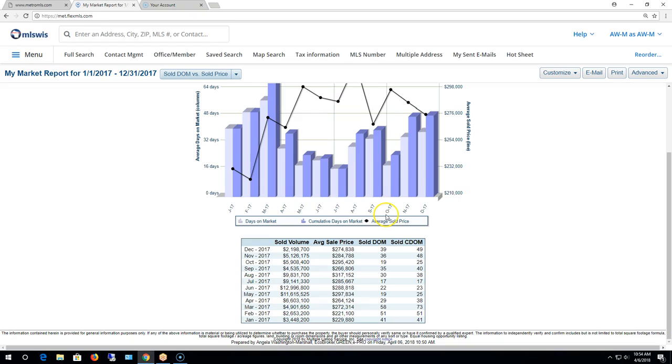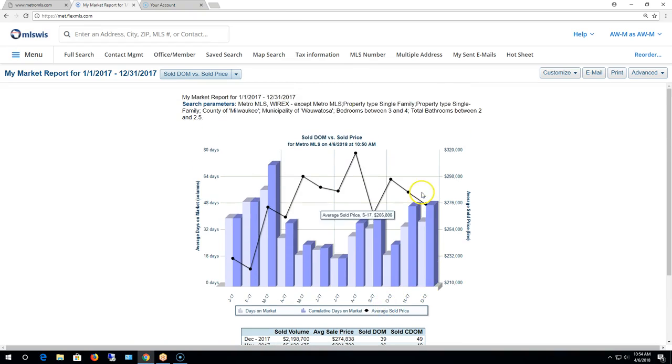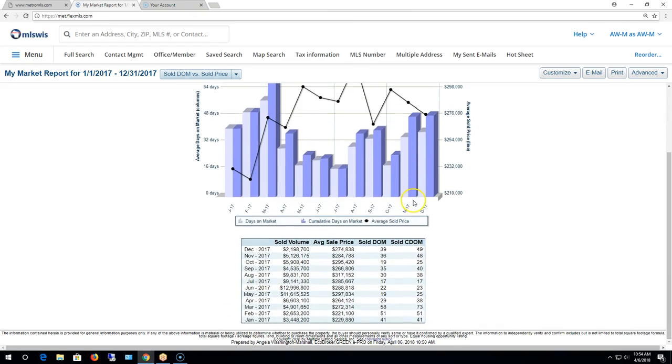So again, month by month breakdown for our search criteria. That's right here. So it's giving you the sold volume for each month for that search criteria, the average sale price, the sold days on market average, and the sold cumulative days on market average. All right. Next report